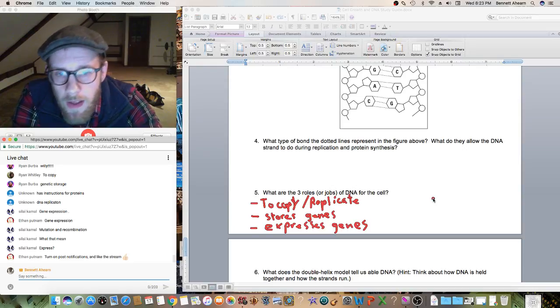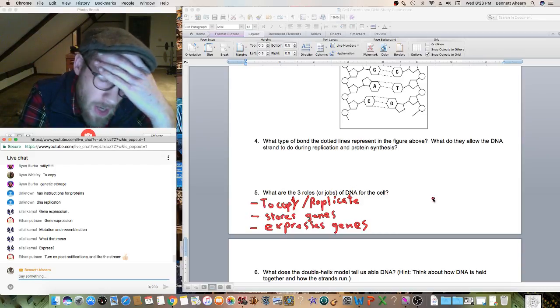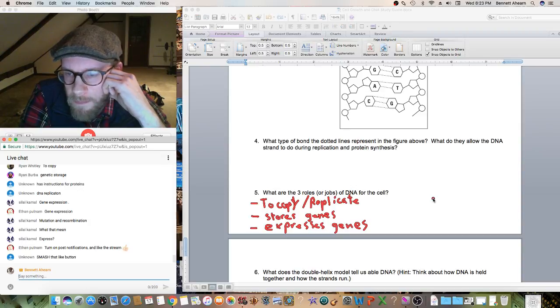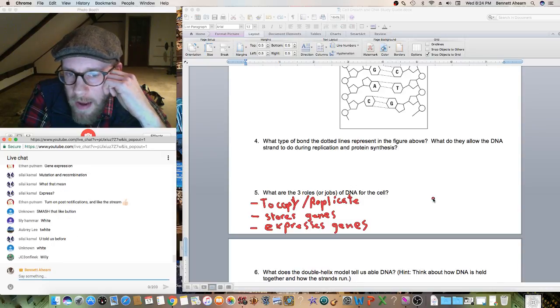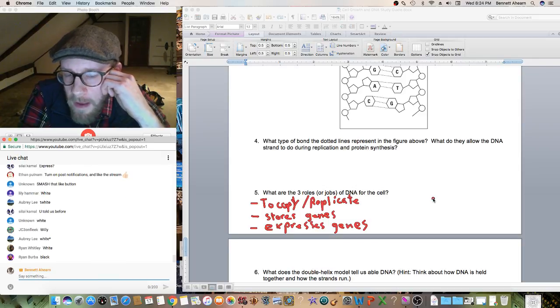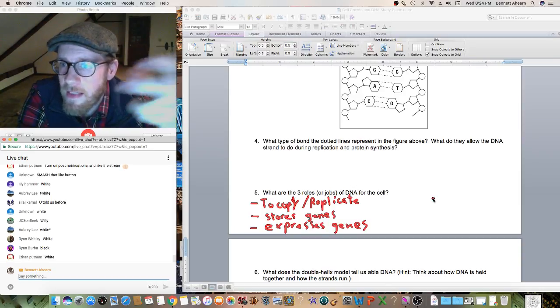So let's say we're looking at the Arctic hare, and I know in one of your classes I talked about the Arctic hare as far as genetics go. So in the winter, the Arctic hare is what color to blend in with the snow? What color is the Arctic hare in winter when it's snowy? It's white. Good job, Lily. It's white because the gene for white hair is being expressed. It means that it's being transcribed and translated, right? That means to express a gene. If you're transcribing and translating a gene, it means you're making that protein, which means that gene is being